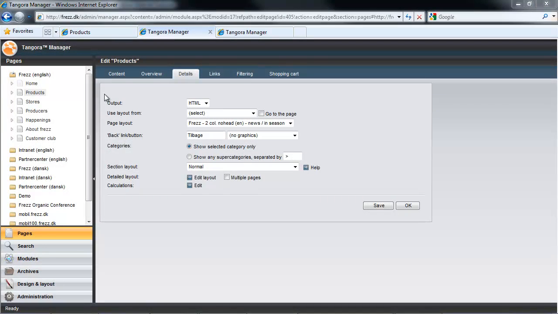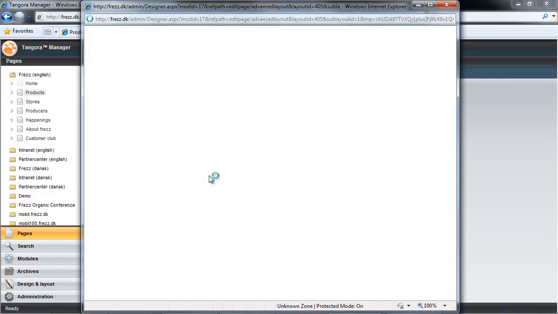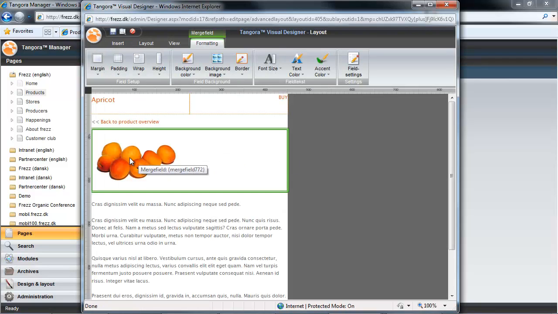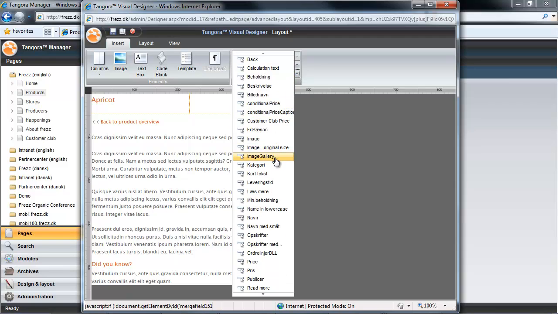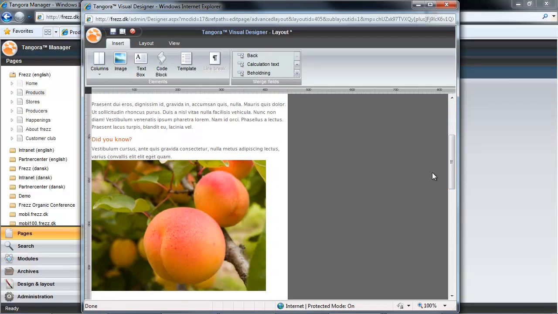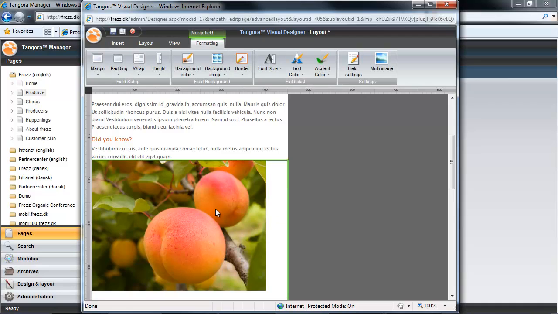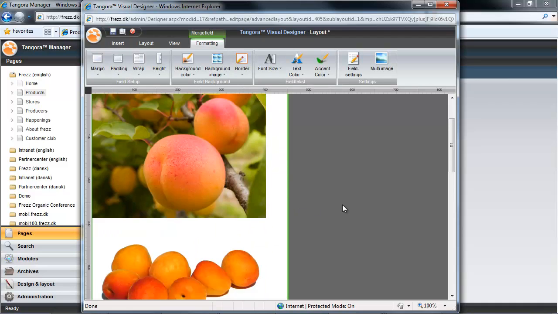Okay, back on the products page, I can access the appropriate layout, in this case the detail layout, and then I'll see that our original image field is placed here. I could just delete it by selecting and then hitting delete on my keyboard, that'd be function backspace for Mac users. And then I'll add my multi-image field, which I remember is called Image Gallery. I'll do this under the Insert tab amongst the various other possible data fields. Now I have it placed at the bottom of my layout, and I can position it into place by using the arrow keys on my keyboard.